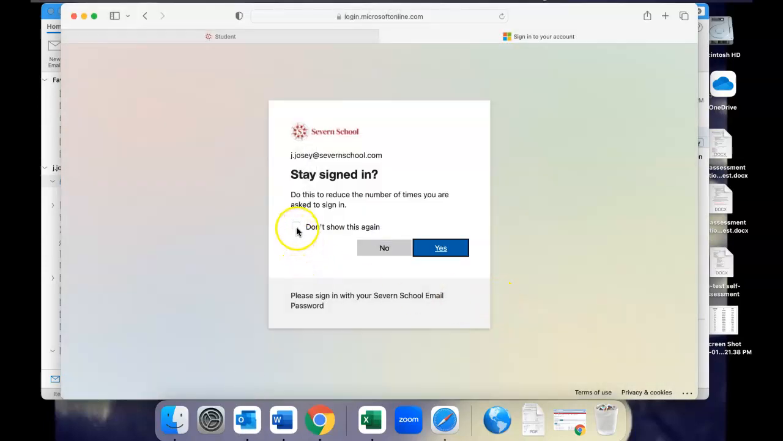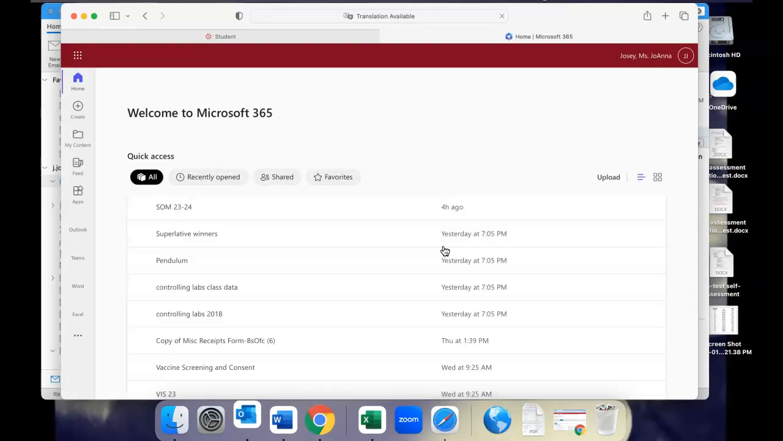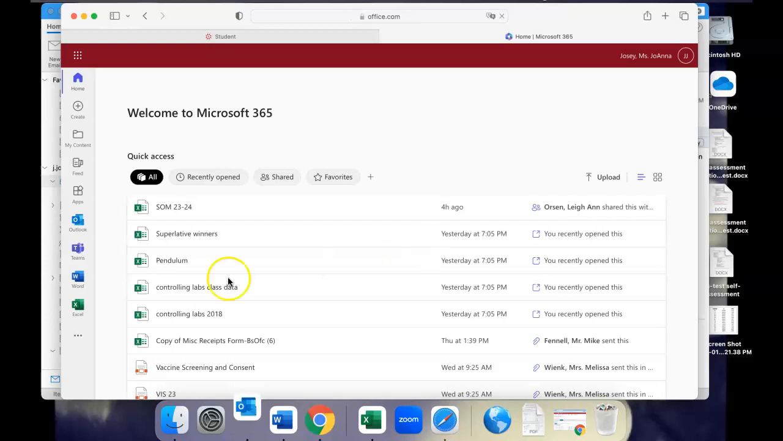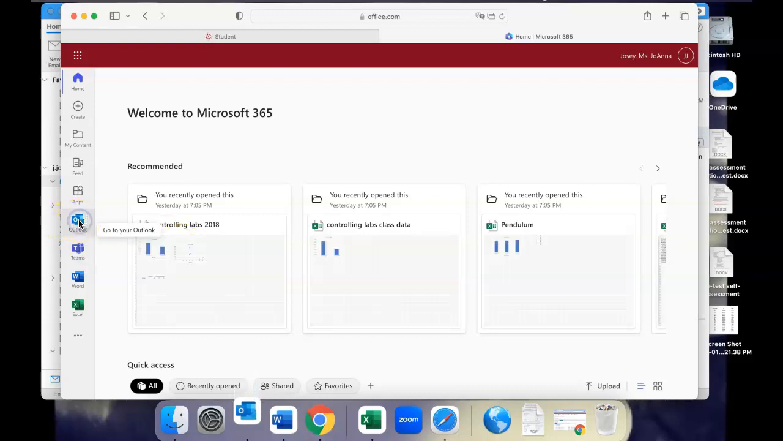Okay, and then you can go ahead and click stay signed in if it's your home computer. That way you don't have to go through the whole login process every single time. But once that happens, that will log you into 365, which gives you access to a bunch of different things. It gives you access to your Outlook. So if I click on Outlook,